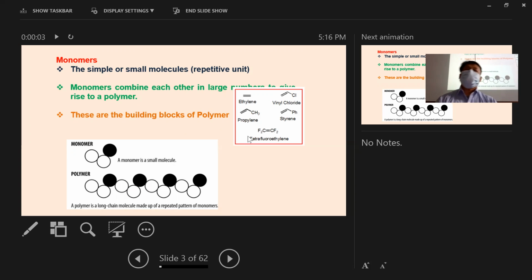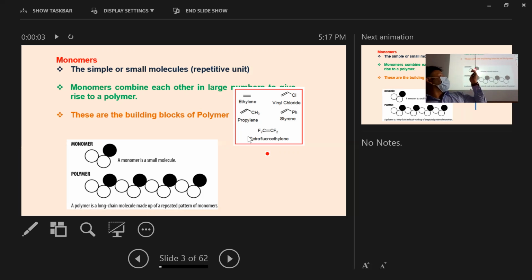These small molecules are considered monomers. Sometimes we call them mers. We write polymers as a combination or addition of a lot of monomers. That's a small unit. So here you can see that